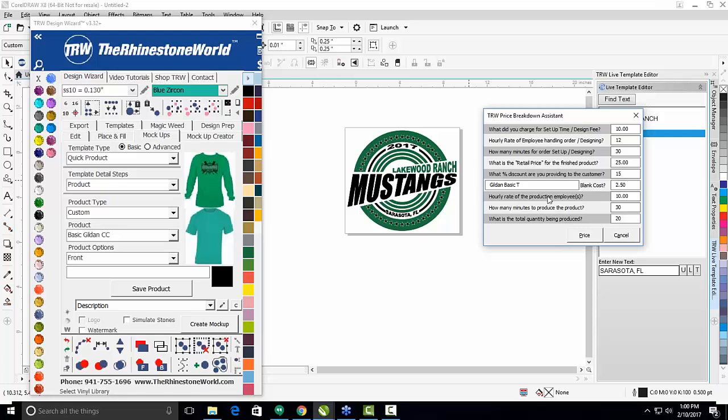All right, so now we're in the production. We're going to have the same employee completing the design, so it'll stay at 12. And this is how many minutes did it take to produce the product. To cut the setup, or to send it, cut it, weed it, and then place it on a shirt, everything took about 20 minutes. All right, and the total quantity. Again, up here, the discount price, they ordered 25 shirts, so we gave them 50% off. So we just enter that information and go ahead and hit